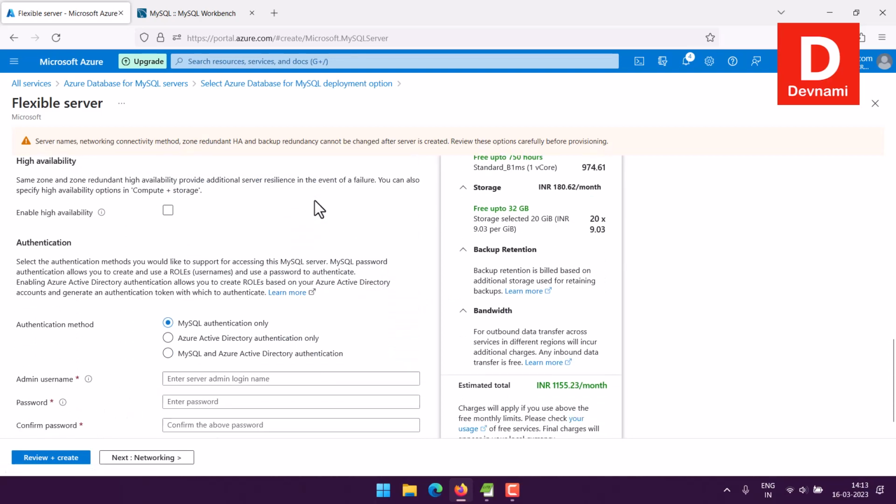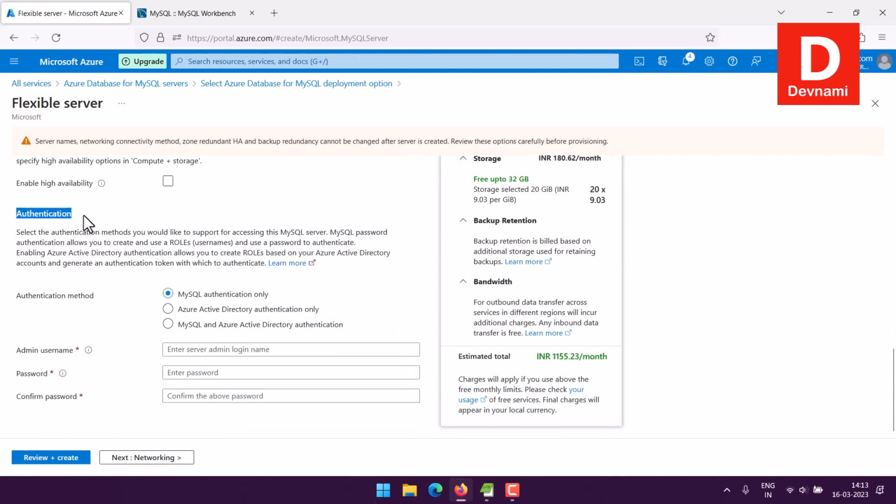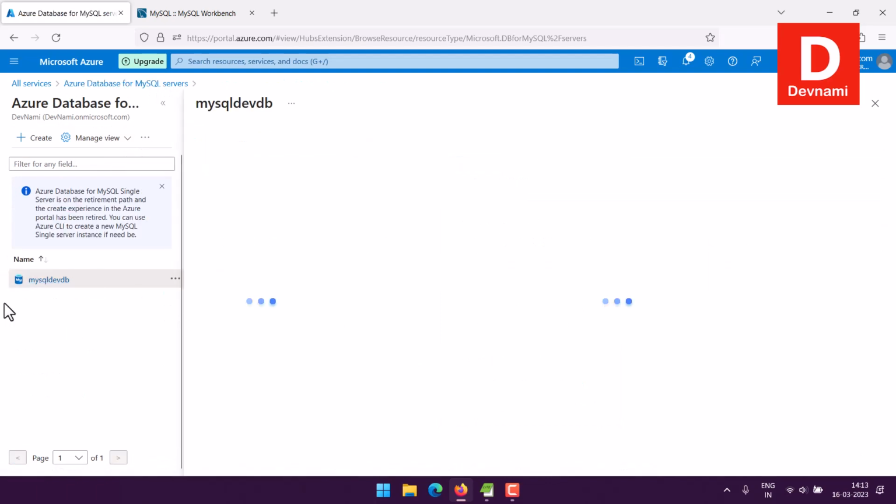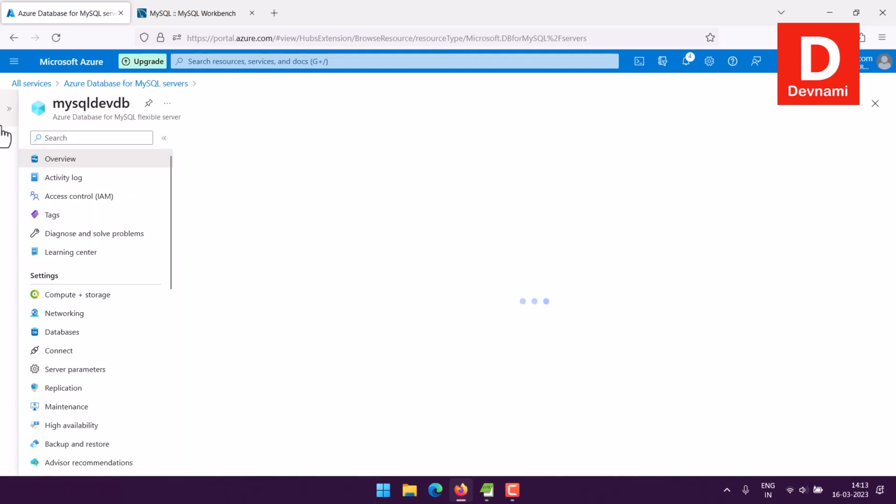And here finally we will have to do the authentication, right? And for that you can use username and password, right? Another option is using Azure Active Directory authentication. So between that you can choose or choose both. So like this I created the instance and then I moved to that particular instance, which should look something like this,